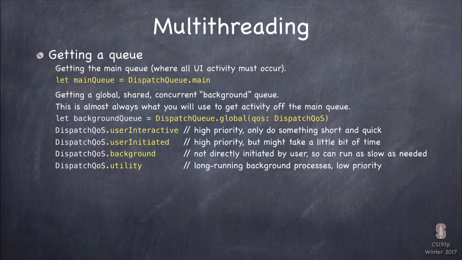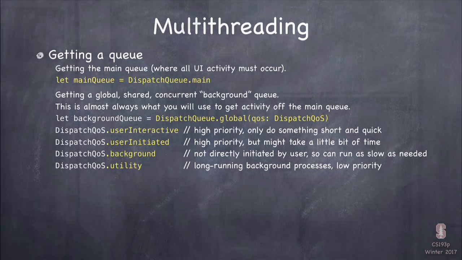Then there's background and utility. These are somewhat similar. Utility is truly the deepest of background processes. This might be something you run once a week in your app. Maybe it cleans up the database by removing old crufty stuff. Something the user doesn't even know is going on. It's so low priority, it just kind of happens in the background. Background might be something where maybe you're thinking ahead a little bit about the way the user might want to use your app, and so you fork something off in the background to go fetch some stuff or whatever. The user didn't ask you to do it, but you kind of want it now-ish, but it's okay if it takes a little while. So you see what that one is?